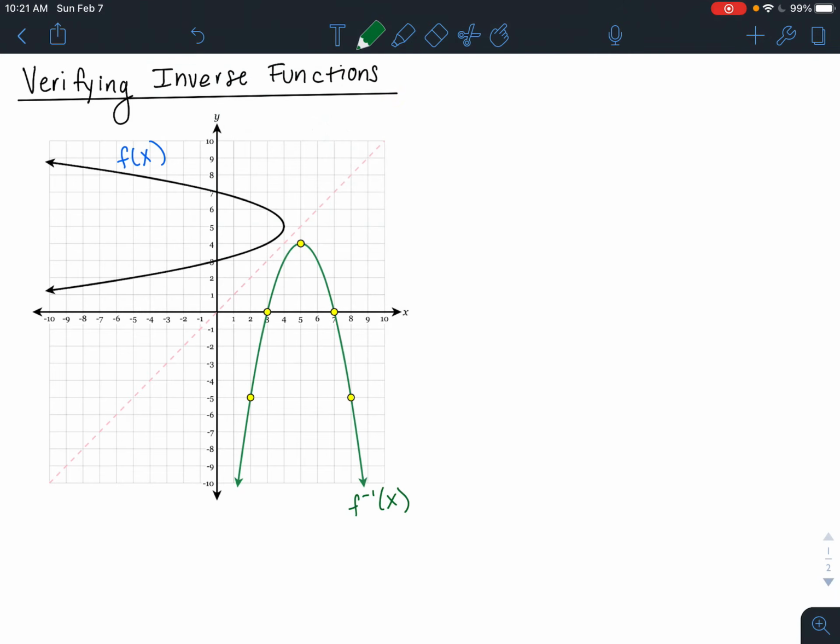So we can actually, without looking at a graph, which is especially great if we have more complicated functions and we don't want to make a graph for them, use the equations to check if two functions are inverses of each other. So we have this rule in math that says if two functions